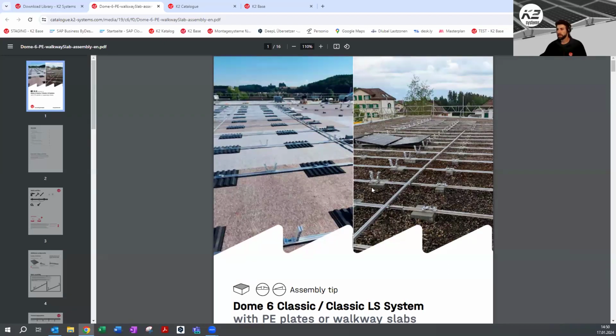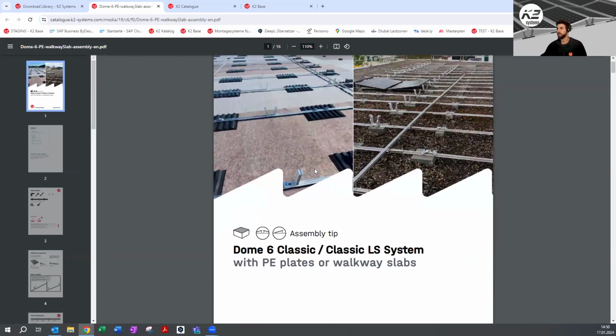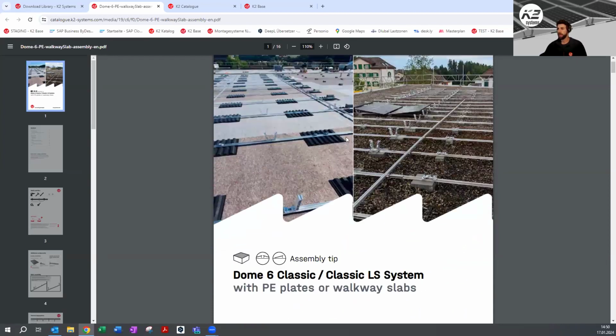The reason here is not only that the plants don't get enough sun and water. It's also that if they grow, they will grow over the edges of the module. That's one point. And the second point is, if you place it the way it is right here and you add some of the substrate,